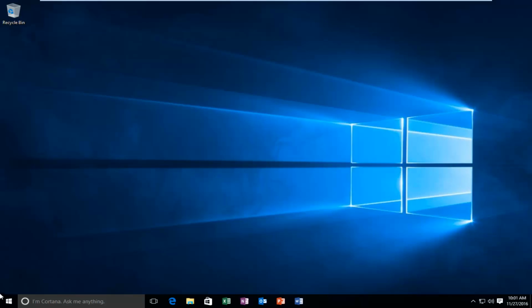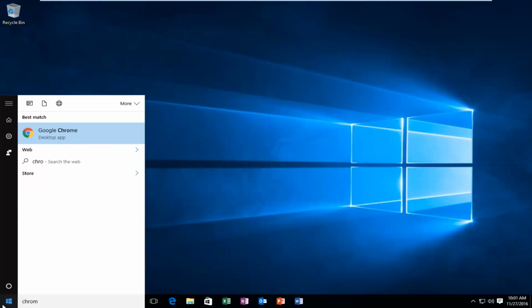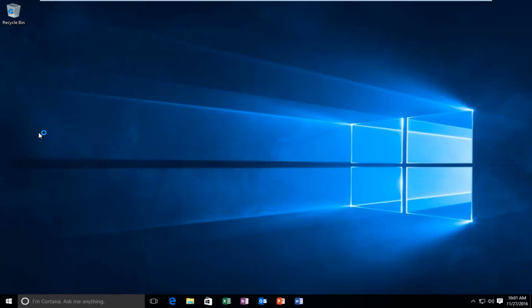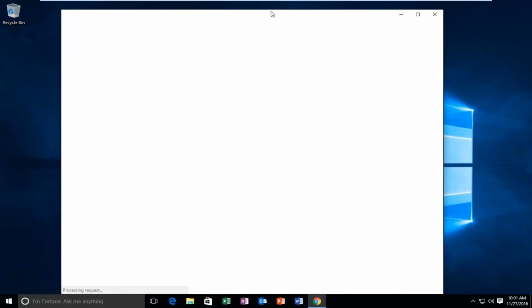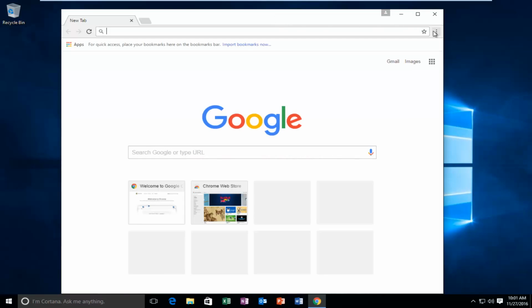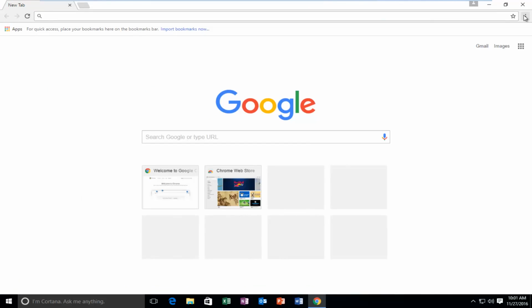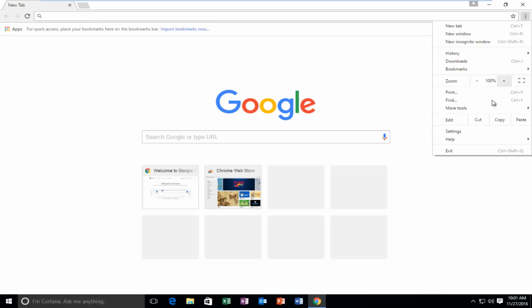And we're going to start by actually heading over and opening up Google Chrome. I think that's a pretty logical first step we're going to take here. Up at the top right for the Customize and Control Google Chrome button, we're going to left click on it. And then we're going to go down this list until we get to Settings and left click on it.